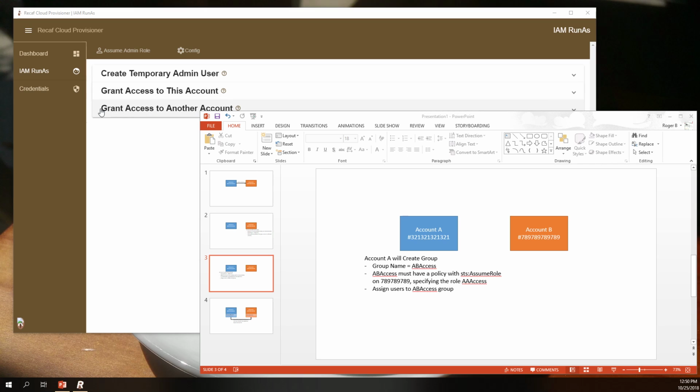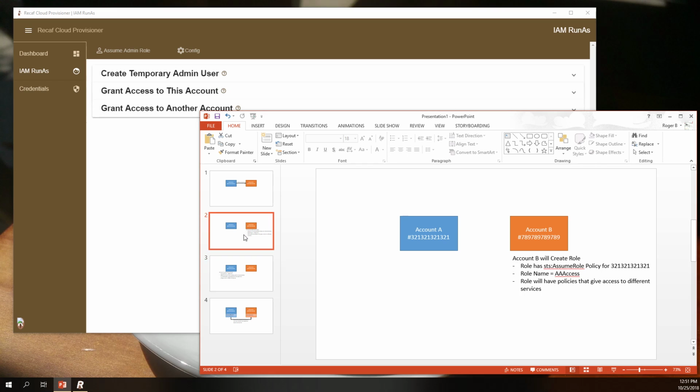So we're going to be focusing on granting access to another account, which basically means we want people in our account to actually access another account. For this part to work, the functionality in the grant access to this account must have already been accomplished by the other account. So what I'm basically saying from my PowerPoint here is that this step has already been